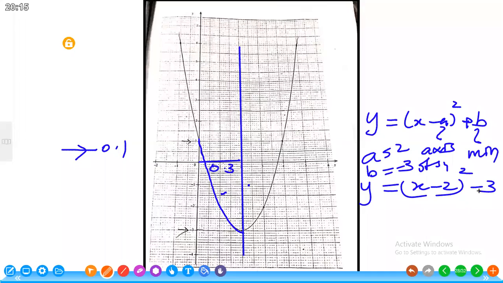Now the next one, y is equal to t is a straight line parallel to the x-axis. What is the interval in which t should lie for the straight line and the graph of the quadratic function to intersect at 2 points with positive x coordinates? You have to draw the line y is equal to t parallel to the x-axis, and it intersects at 2 points in positive coordinates. Negative x coordinates are this part, and positive x coordinates are this part. So the graph lies between here, right?